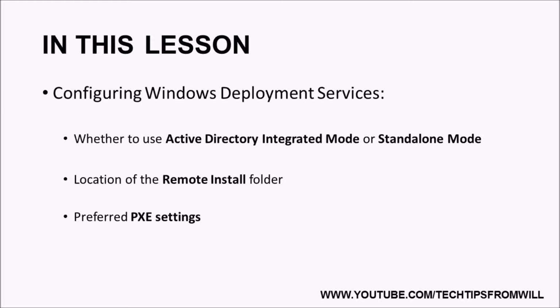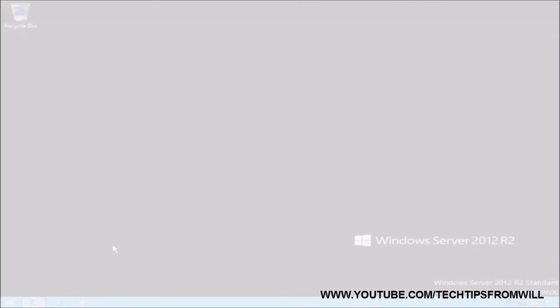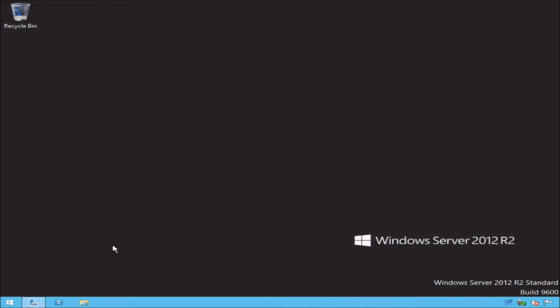Some of these settings may seem a little complex at present, but once you get the hang of them, they really are quite easy to understand. The best way for me to explain these settings is to actually show them to you. So I will now change to my Windows Server 2012 R2 server, where I will demonstrate how to configure Windows Deployment Services. This is the same Windows Server 2012 R2 server on which I installed the Windows Deployment Services role